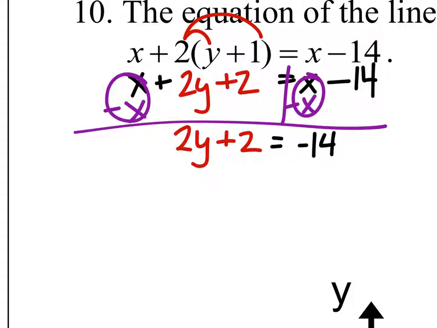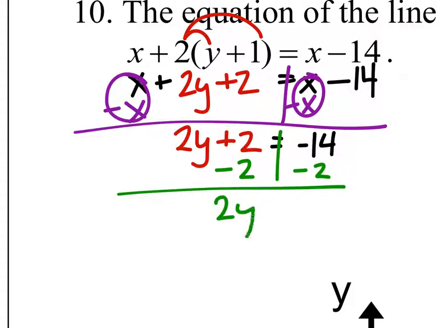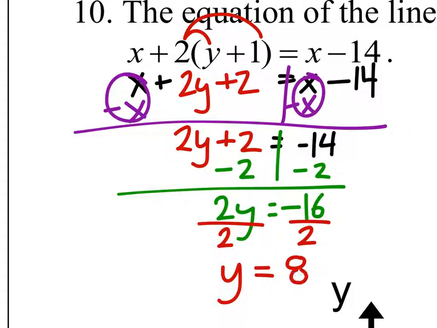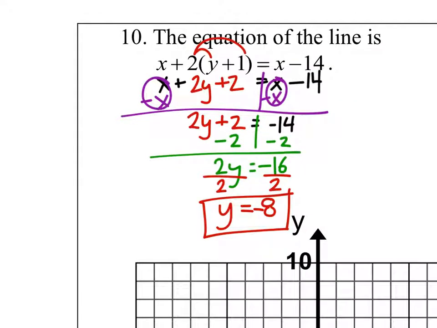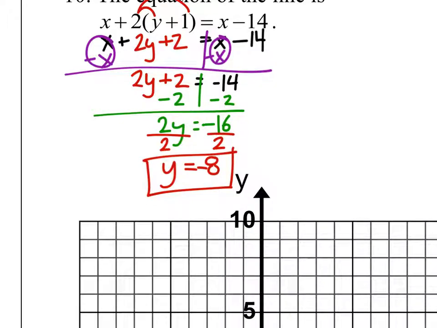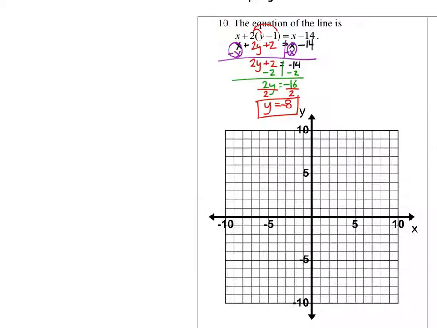So to solve for y right here, we're going to subtract 2 from both sides. And I got 2y equals negative 16. Finally, to solve, we'll just divide both sides by 2. And we get y equals negative 8. So this is the equation, and similar to the problem that we just did, we got y equals a value. So we just need to find on the graph where y equals